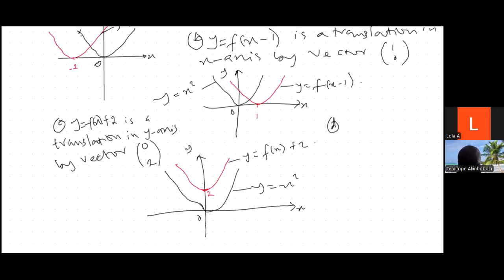So y equals f of x minus 1 is a translation by vector